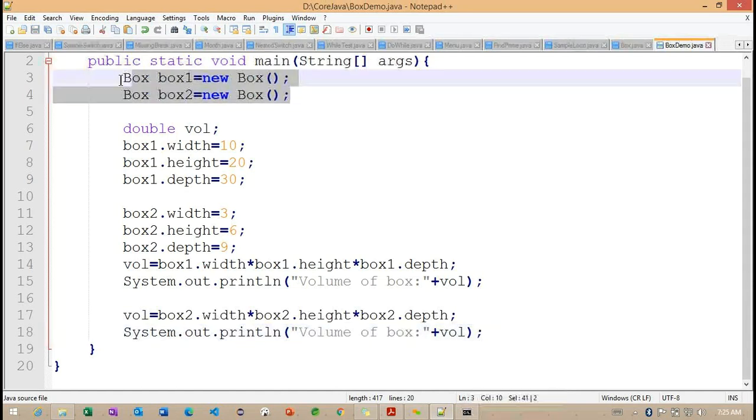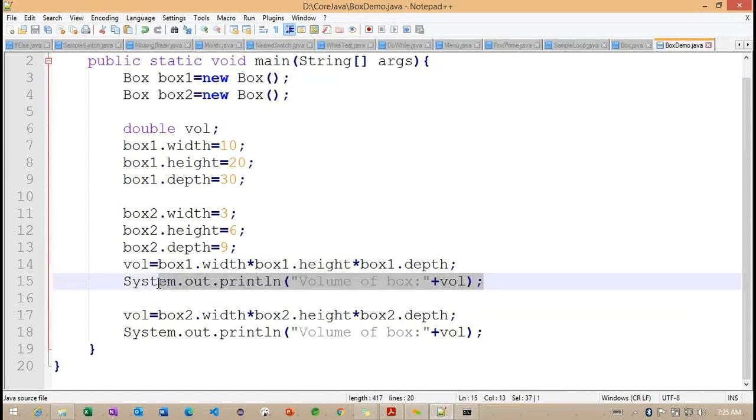If two objects are the same, we get the same volume; if the two objects are different, we get different outputs.